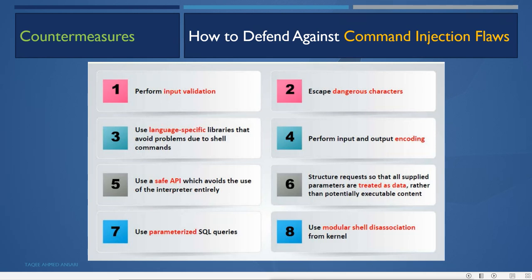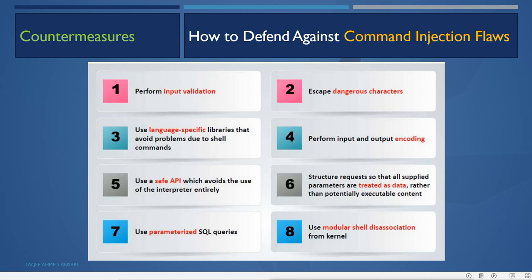Then use a safe API which avoids the use of the interpreter entirely. Safe APIs are those APIs which do not have vulnerabilities. So always use safe and updated APIs, so it will avoid the use of the interpreter entirely.